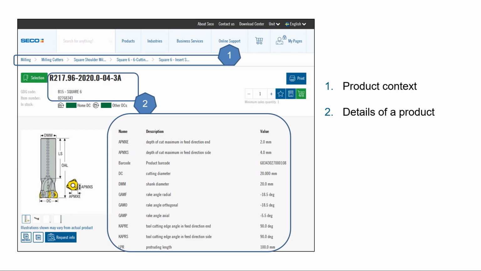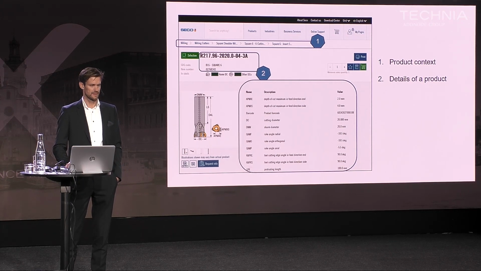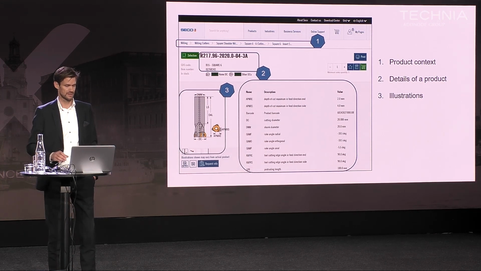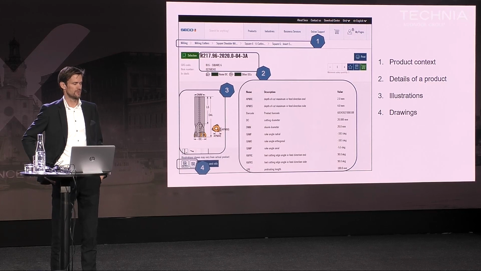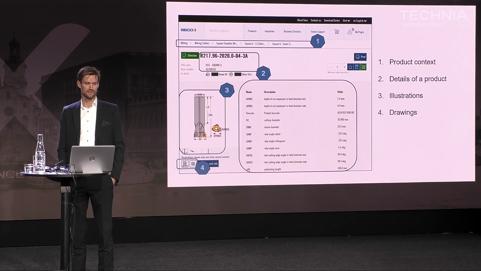3DEXPERIENCE. But a lot of this information also resides in your ERP system to be able to sell the product. You need it in manufacturing to produce the product, and here to be able to market it and sell it to the end users. You provide it on your external website. Additionally, you have illustrations, images, and then also lightweight formats or drawings that you are generating out of your CAD designs.